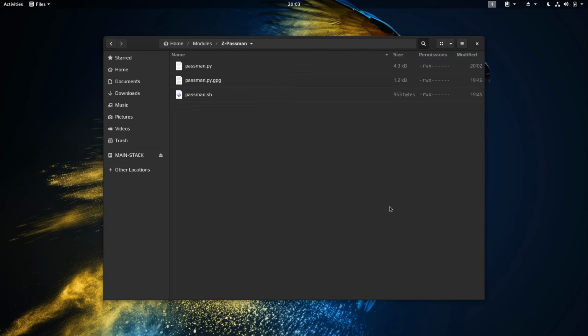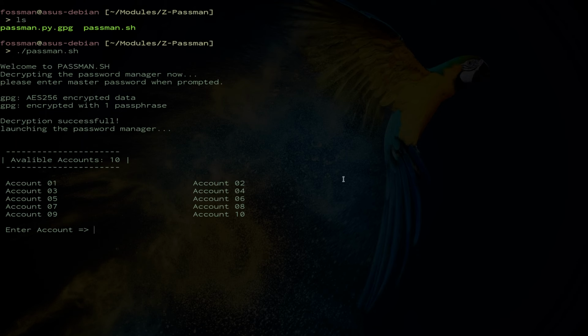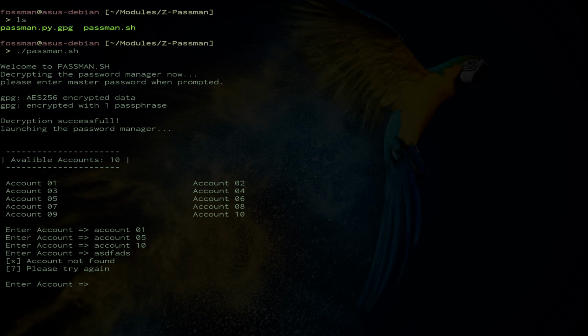And now if I go back to the terminal, I'll just enter in some accounts here. So let's say maybe account 01, account 05, account 10. And then say there is a little bit of error handling in this too. So say if I enter an account that isn't in the list and enter, it'll just say it's not found and try again. And then when I'm done, all I need to do is type in the word done